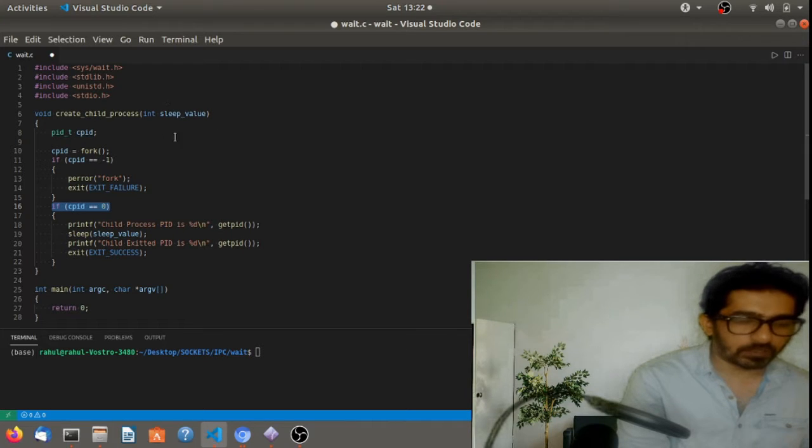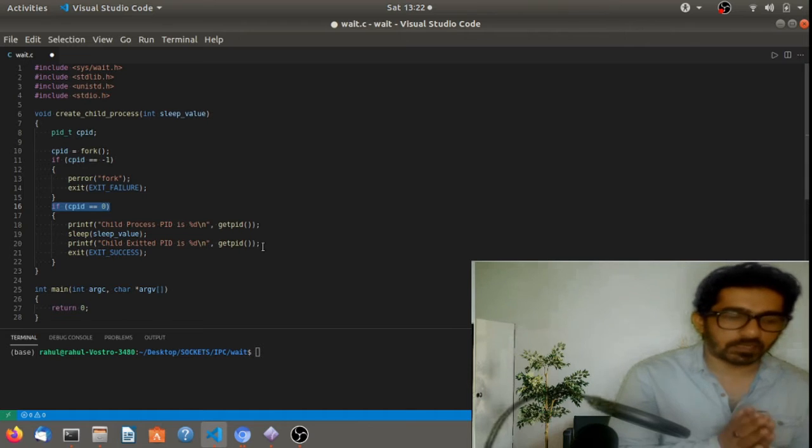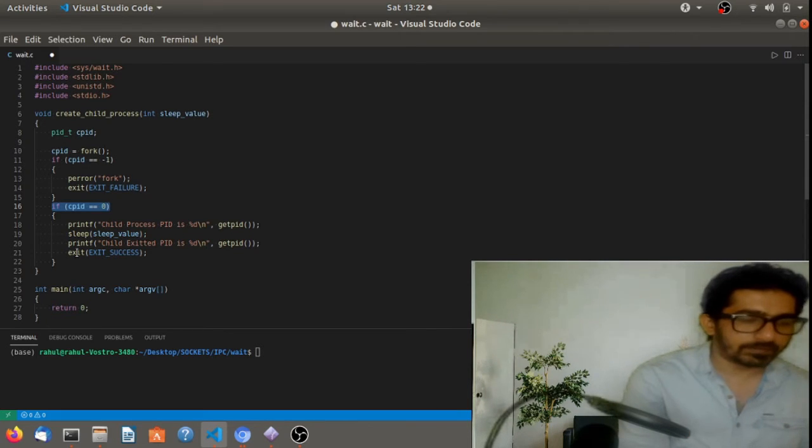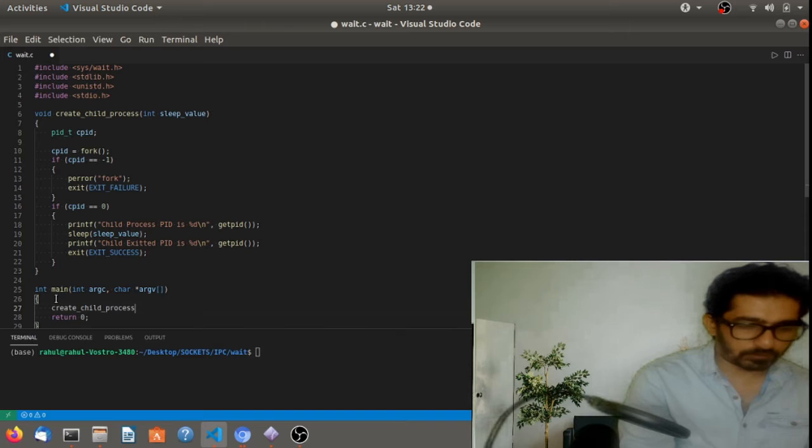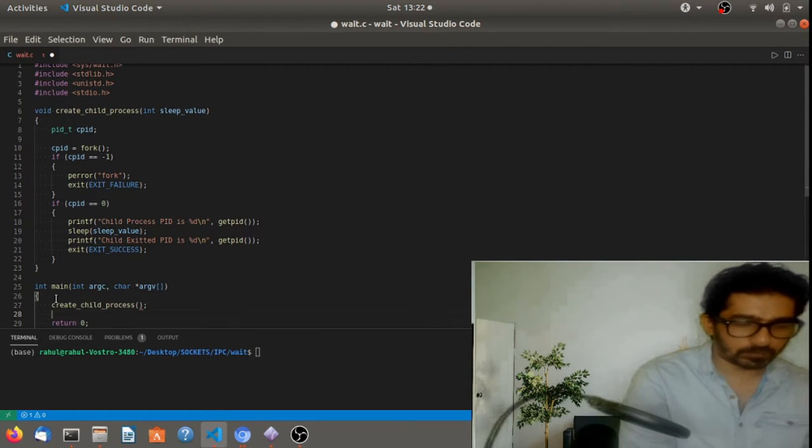We can input the sleep from the parameters above, and when it exits, it will show the child process exit PID, right? So in order to monitor this process, we can have a call for this child process to create the child process.